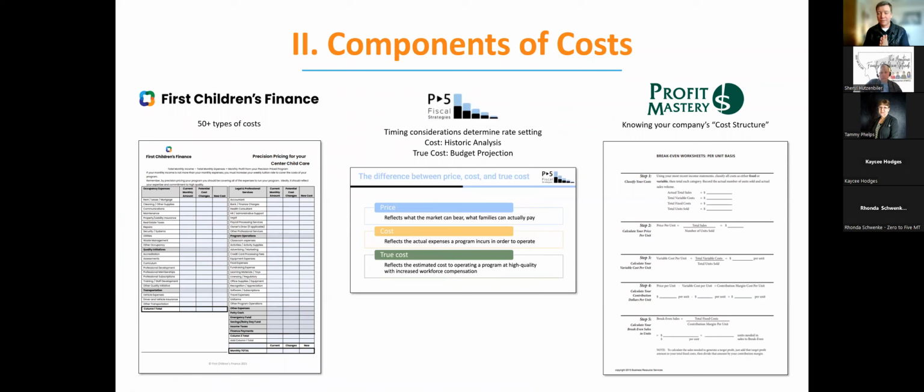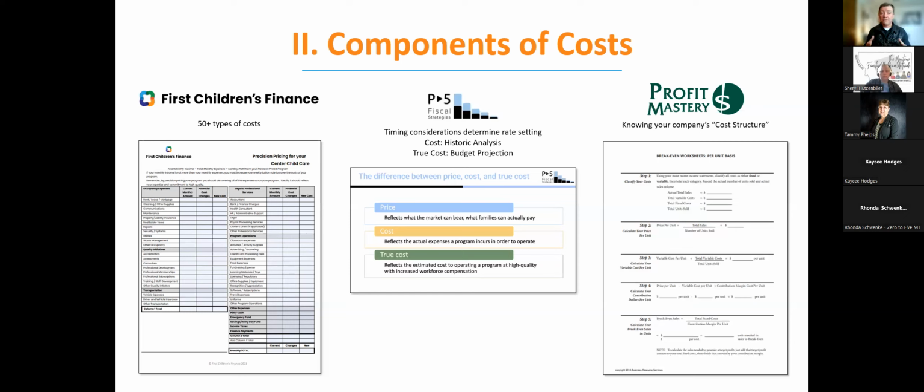Okay, First Children's Finance is one of our training partners. They provided during the precision pricing training that they did for centers last week and for in-home programs next week. They provide a cash flow template that outlines 50 primary categories of costs and expenses. I have been looking at financial statements for the better part of 9 years as part of my day-to-day job. I've never seen one that had only 50. I've never seen one fit onto one page. So it's important to be able to categorize and understand what your costs are, what they could be, and what they should be.